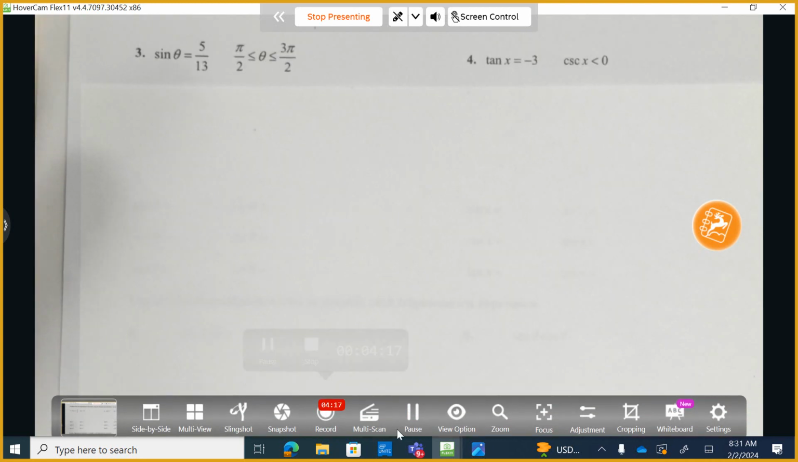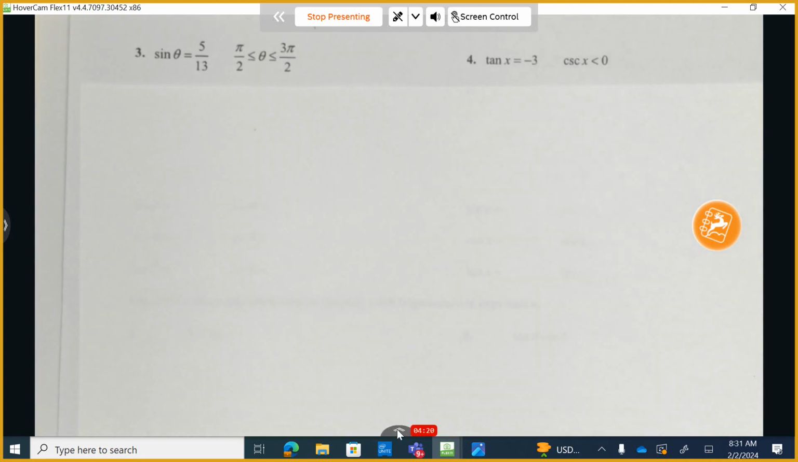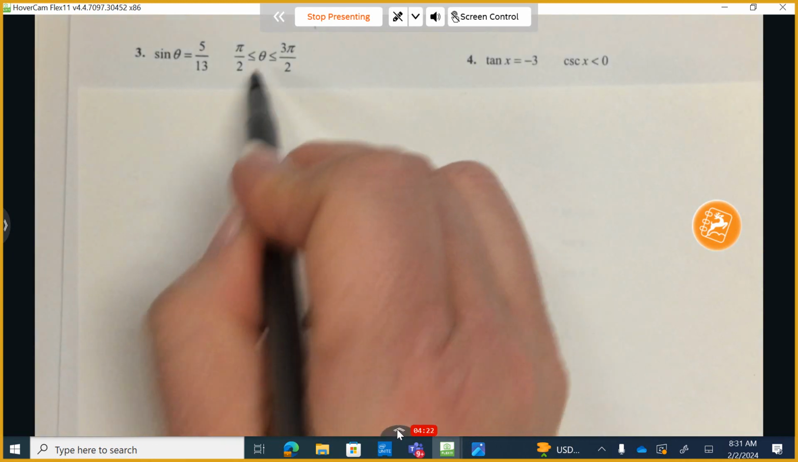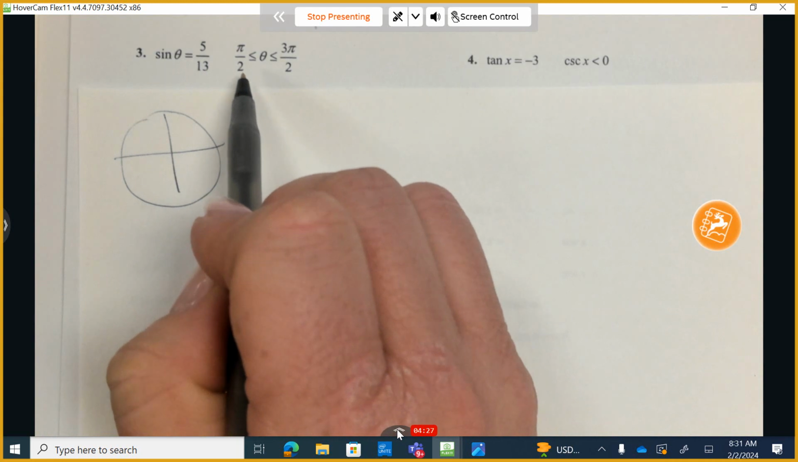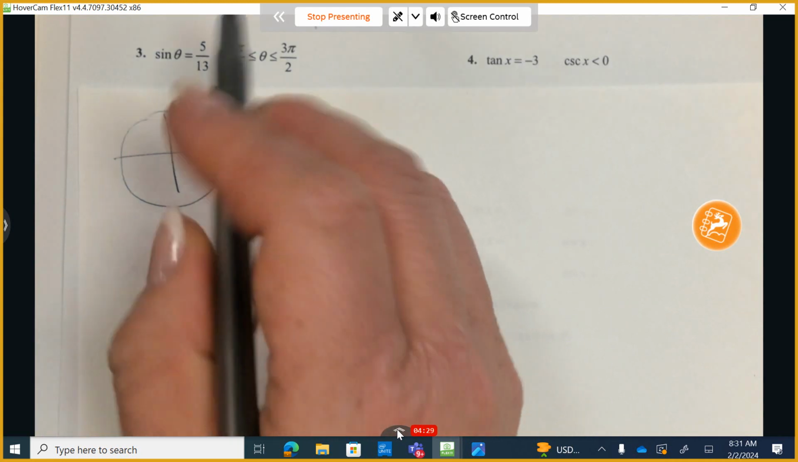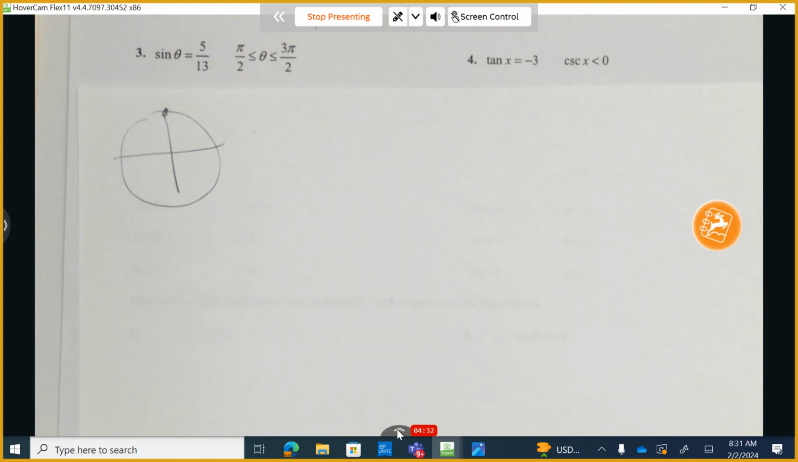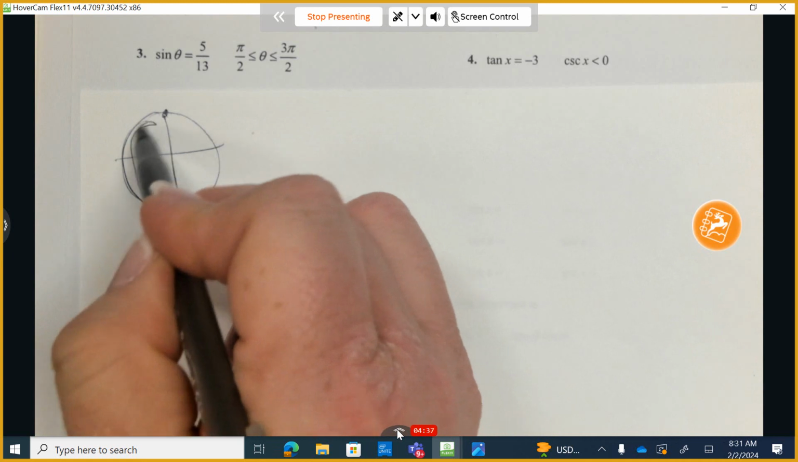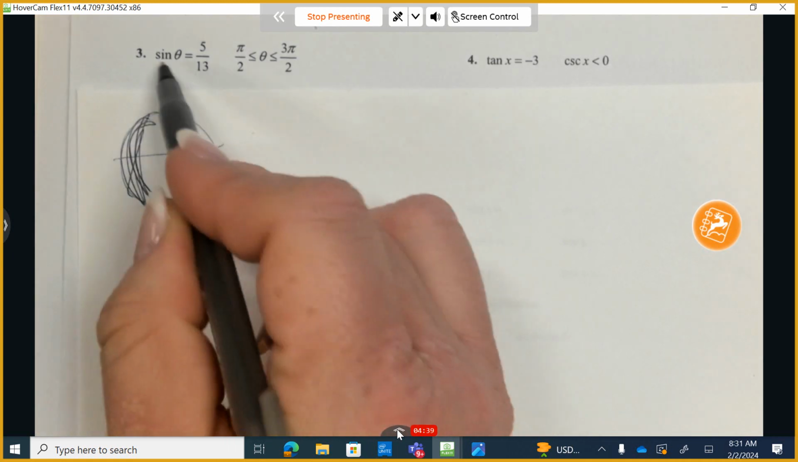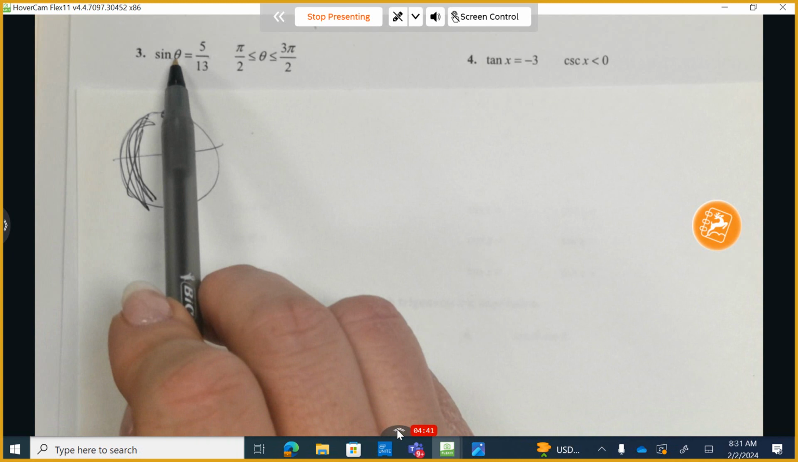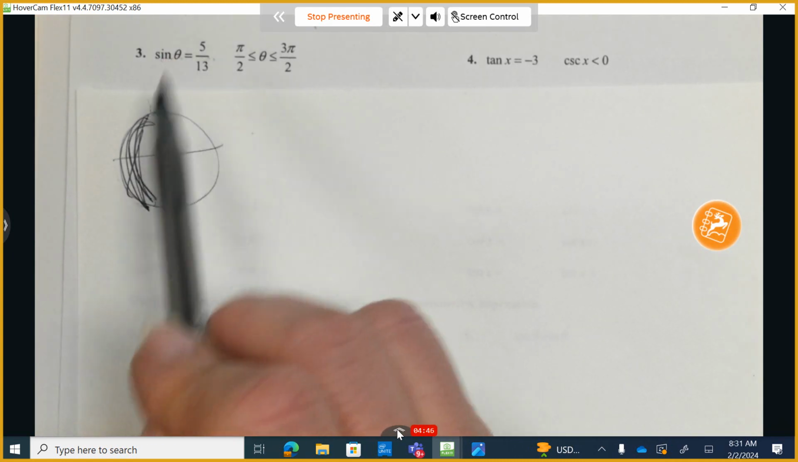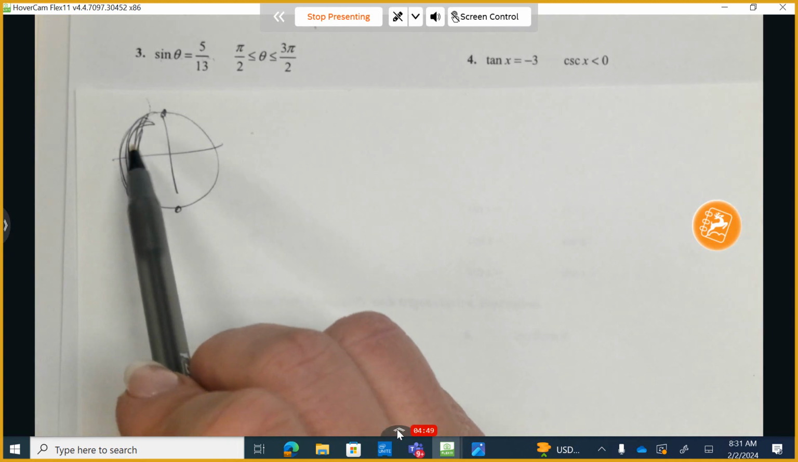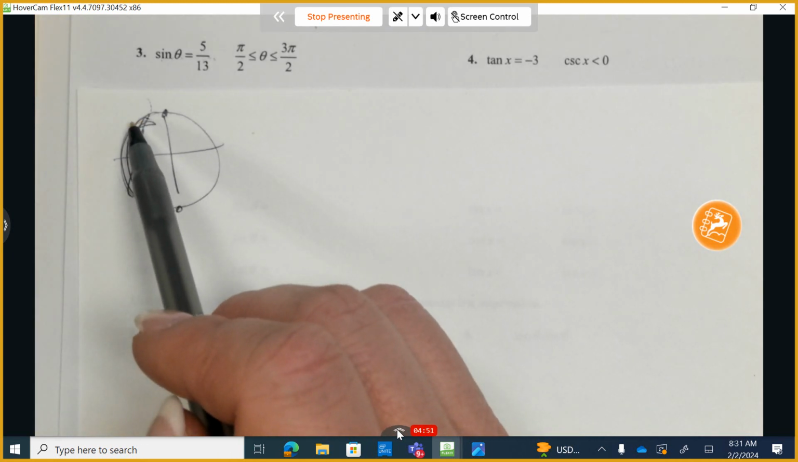So let's take a look at number 3. I've not done number 3 yet, but I do recognize that they're already trying to tell me what is going to be the sign on the different, both primary and secondary trig functions. So it's between pi over 2 and 3 pi over 2. So it's going to be in this range, okay? And it says that it's going to be in this range here, and we know that the sine is positive. Well, if the sine is positive, and this is going to be located in either